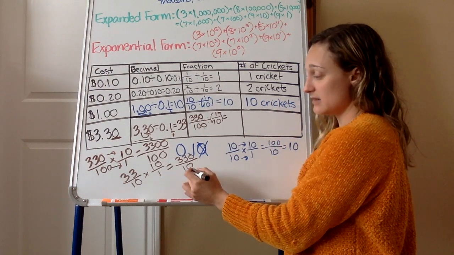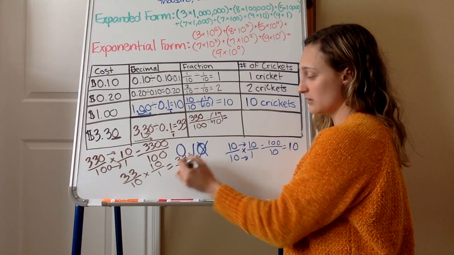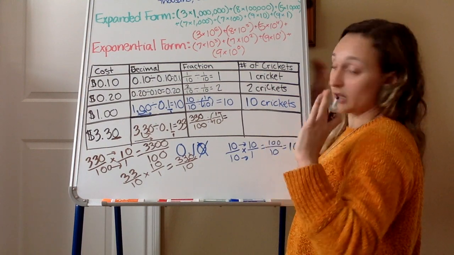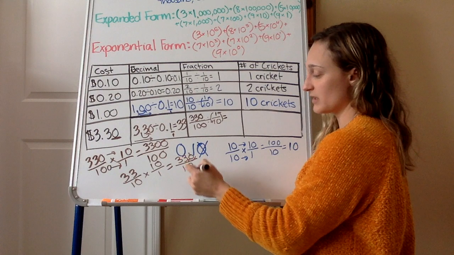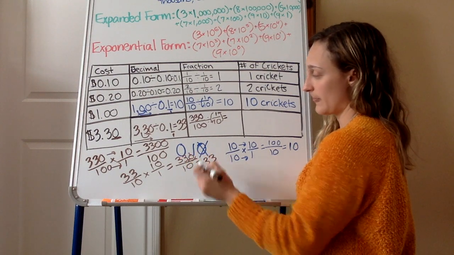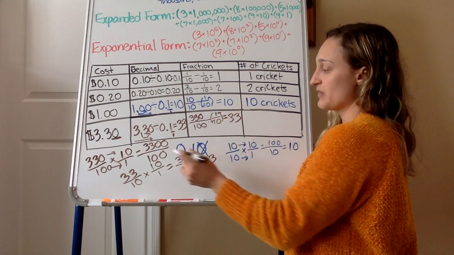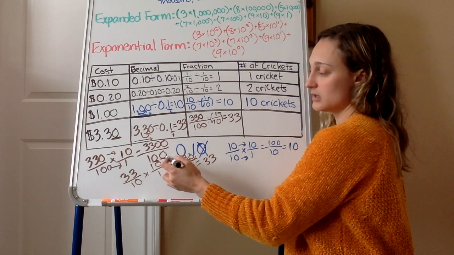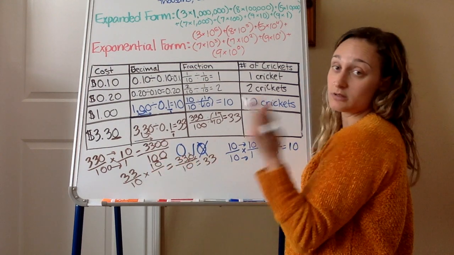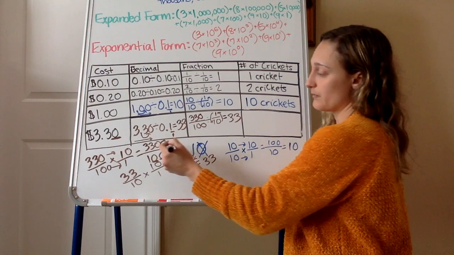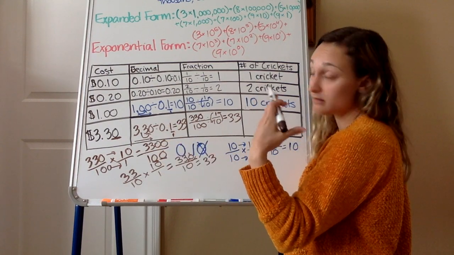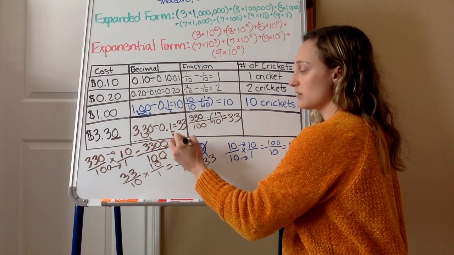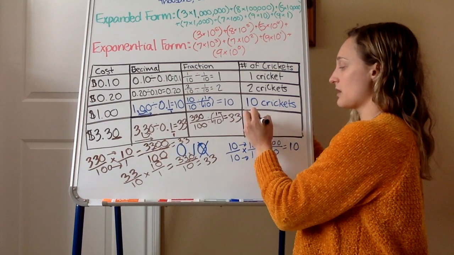If I divide by 10, I move my decimal place 1 in this direction because it is a whole number, more than 1. So it's like normal division, your answer gets smaller, giving us 33. Or I'm dividing by 100 on this one, so I need to move my decimal 2 spots, smaller because, again, it's larger than 1, and it also gives me 33. So here you've got 33